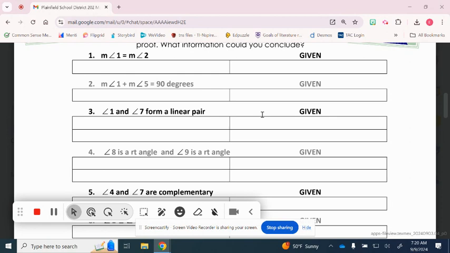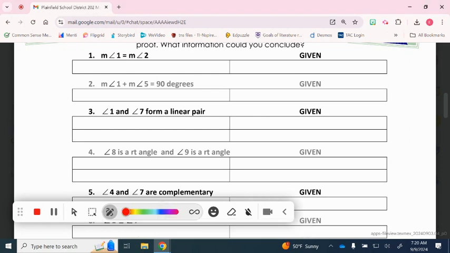Now in this case, if we take a look at this, we have the measure of angle 1 equals the measure of angle 2. What could we potentially apply that uses the measures of angle 1 and angle 2 being equal? What's another thing we could possibly call that? Think of it that way. Yeah, congruent. So in order to prove that these are congruent, I would state